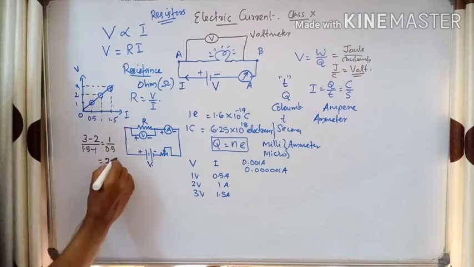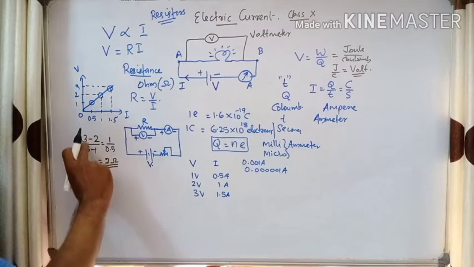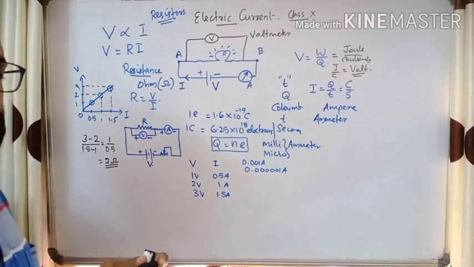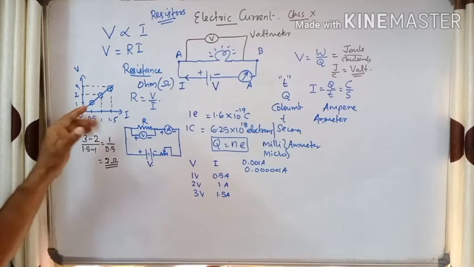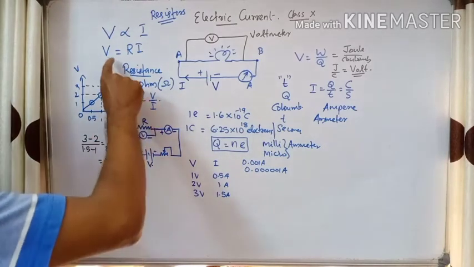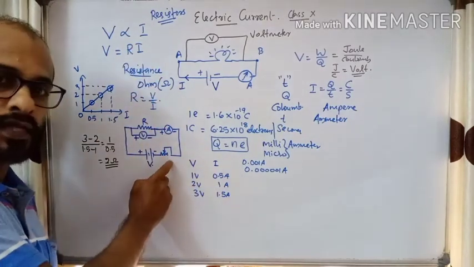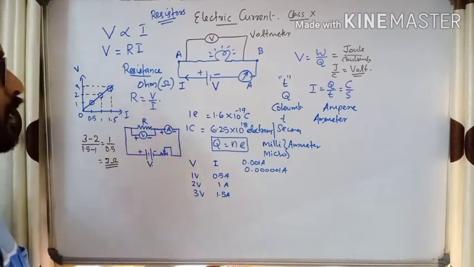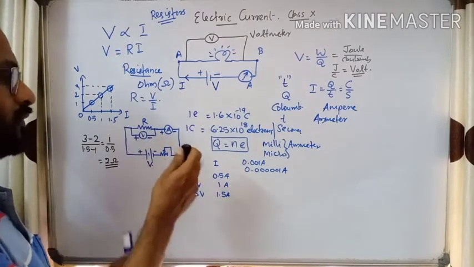The slope is equal to what? Resistance. Because this is change in voltage, this is change in current. Voltage by current, according to Ohm's law, will be equal to resistance. We are getting a resistance of 2 ohms. So in this manner, we can conduct the experiment to prove that the slope of the graph will give the resistance. So we can establish the relation V proportional to I with the help of Ohm's law. Whenever we increase the voltage with the help of the rheostat, the current also increases. So we can establish this with the help of the experiment. Okay. So this is the symbol of what? Resistor. I'll draw once again.